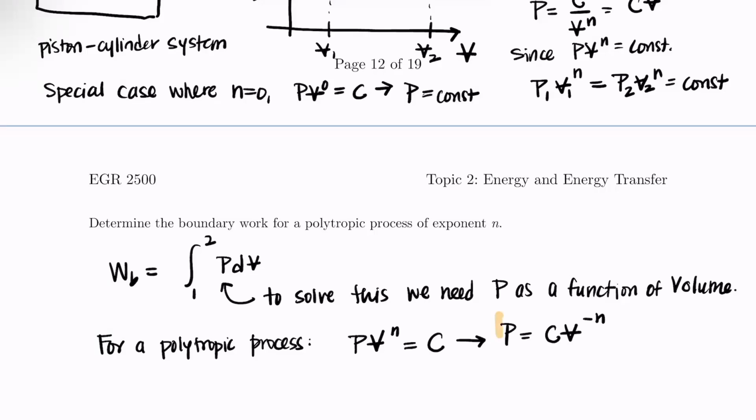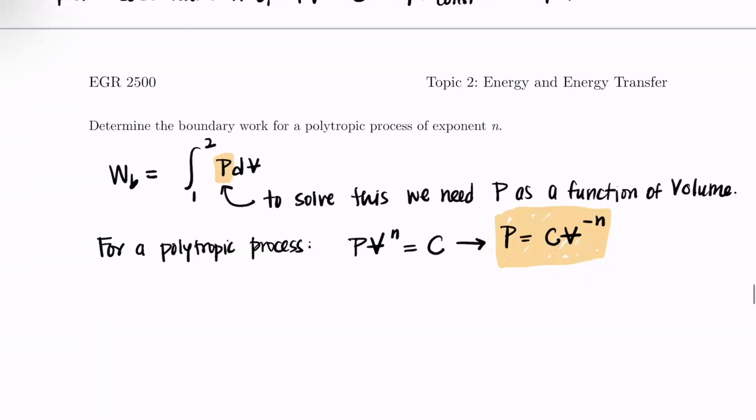And I'm going to take that result and plug it into here. Okay, so let's do that. So now we have that WB is equal to the integral from state 1 to state 2 of C V to the minus n